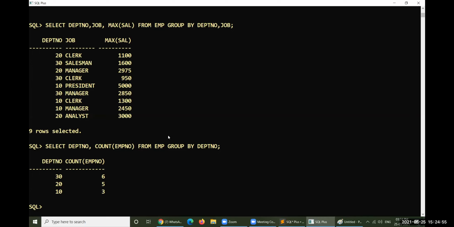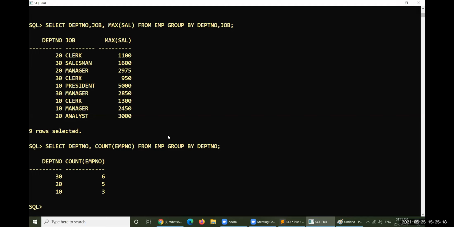Now, let me put one particular filter condition. That is one particular criteria. What is my criteria here? The department which is having greater than or equal to 5 employees, display them. Below 5, don't display them. I hope that you understand.